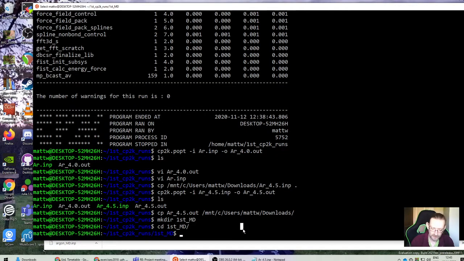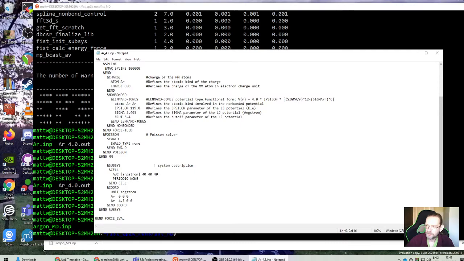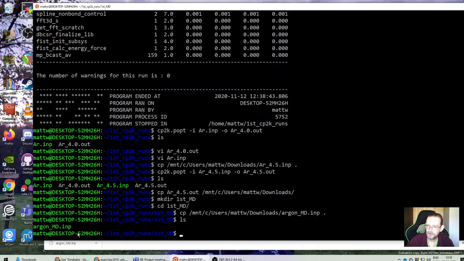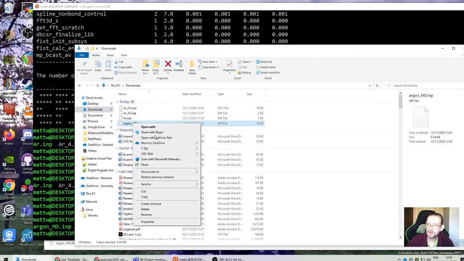So again, if I copy, and I'm using the cursor up button, the arrow key up. So if I go back to my command list, instead of copying that, if I instead copy Argon MD, yeah. Then I've got my input file. But what I will do, I'm going to edit it first. I'm going to open with